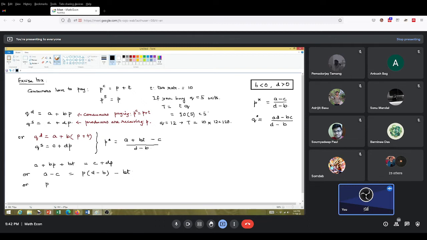So we can write D minus B is equal to A minus C, so price will be